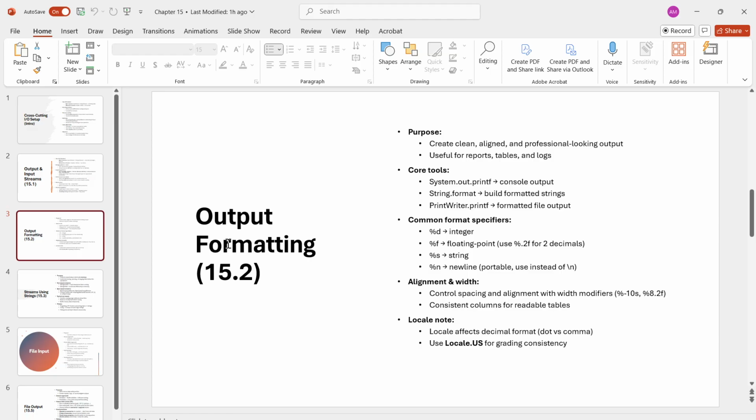Next, we have output formatting. So let's talk about something that instantly makes your programs look more professional, which is formatted output. You already know how to print things with System.out.println, but once you want your data to line up neatly in columns, for example, an ID, a name, a GPA, that's where formatting comes in. The core tool for this is